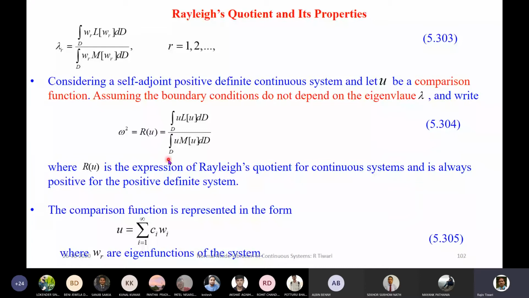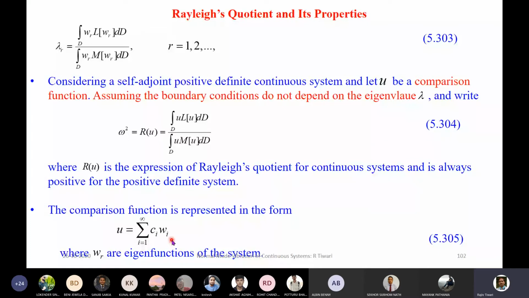And when we have a positive definite system, this ratio is always positive, so that when we take the square root of this Rayleigh quotient, we will get the real eigenvalues, or the real natural frequencies. Now the comparison function will have this form in general. So you can see that u is a summation of some constants and wi, where wi is